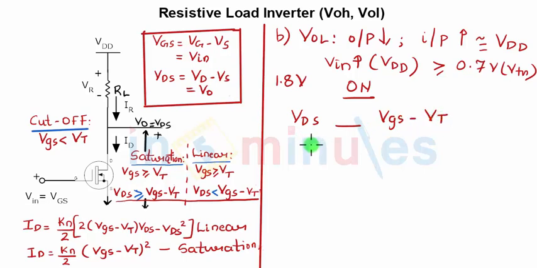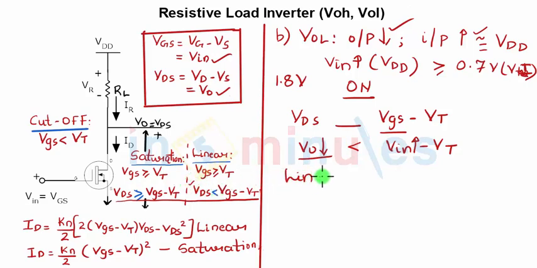Now we know that VDS is nothing but Vout, and VGS minus VT is Vin minus VT, the threshold voltage. This is also VT, capital T, remember that, because we'll also be studying switching threshold in the other clips which will follow. So we know that output is low, input is high. This we have got from here. So this says that the sign is going to be less than,